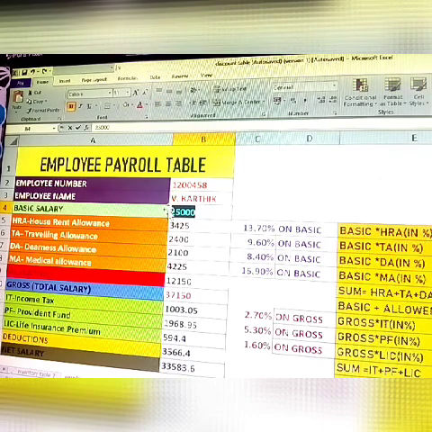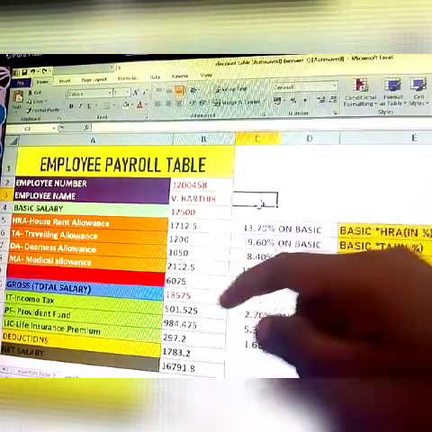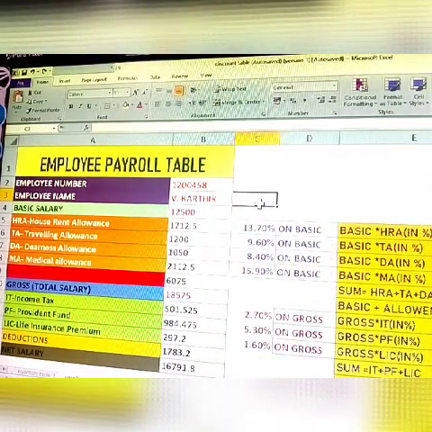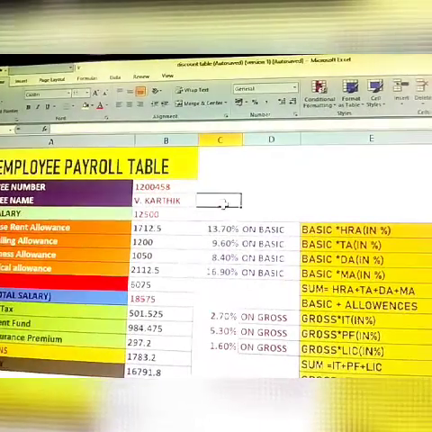Okay, again I will continue with the same 12,500. See here, this is what I am explaining in the video. This is called a one payroll table, meaning for one employee, what amount is the basic salary, how the allowances are added, how many deductions there are for every person, how the deduction is calculated, and how much amount is the net salary by month. This is what is explained in this video.